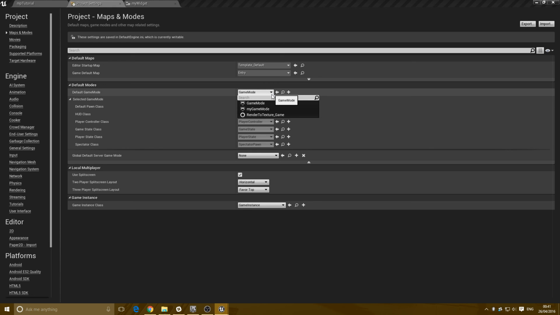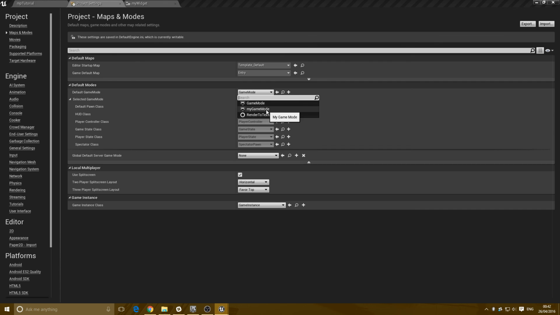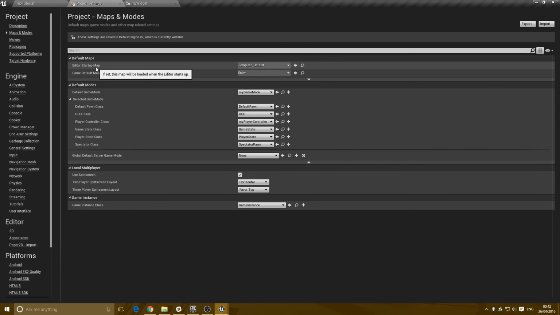And what we want to do is set it to use our game mode that we've just created. This is why we have a game mode: we can tell it which classes we want to override. We don't want to use the default player controller, we want to use my player controller. And we could only do that because we used my game mode, not the default one. Okay, and because I've done that,